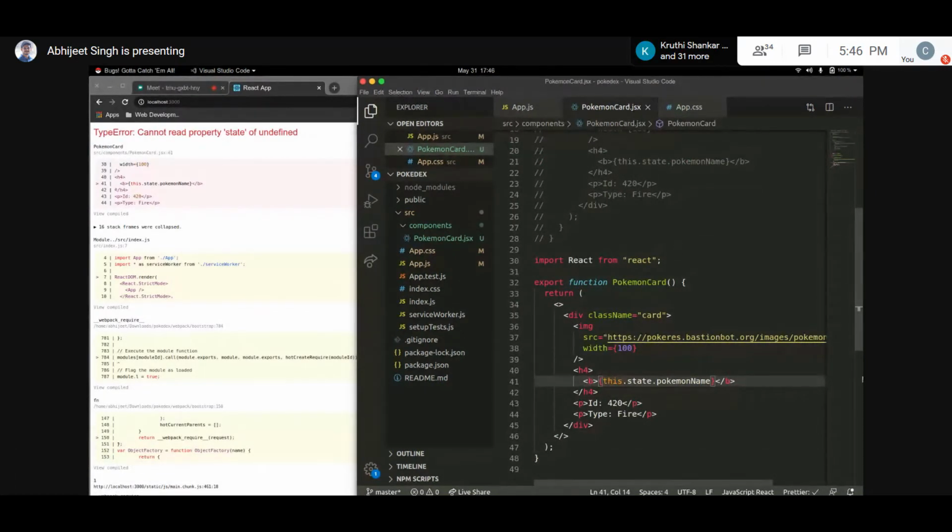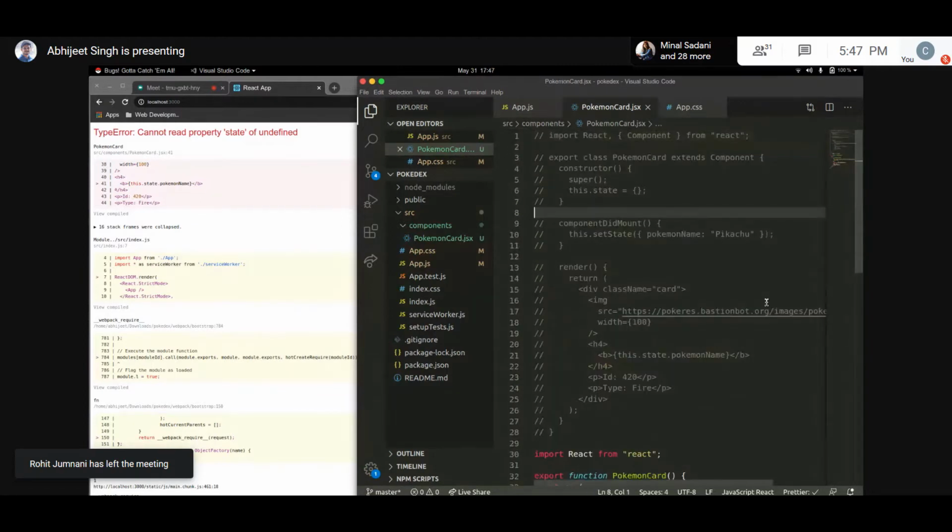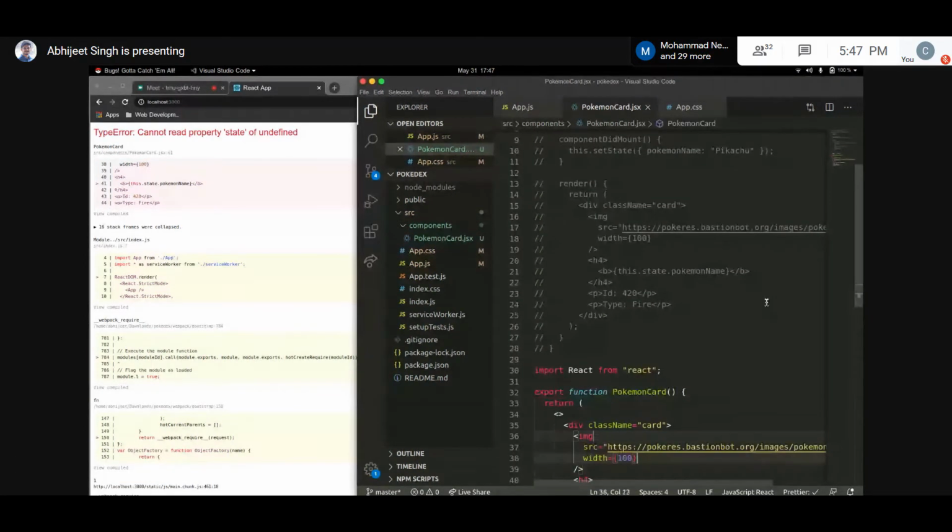Now for writing functional components, another concept of React comes into place called React hooks. So let's create a React hook. I showed you class components first because I wanted you to understand the concept of state. Every component has a state that it can manage. In class components, state is just one entity. But in functional components, you can manage it separately using the useState function that you can get from React. Let's import useState.